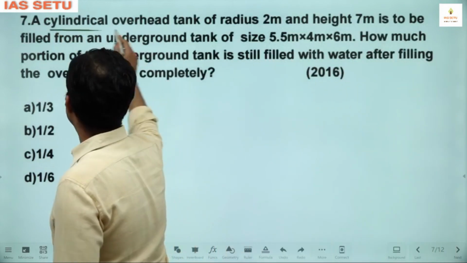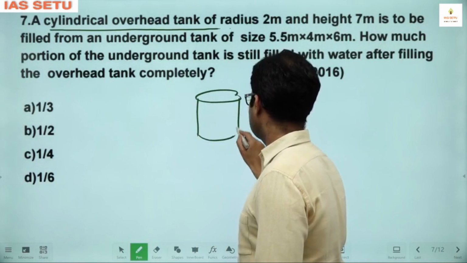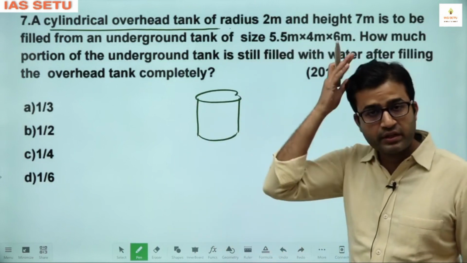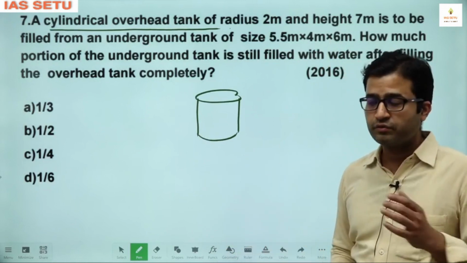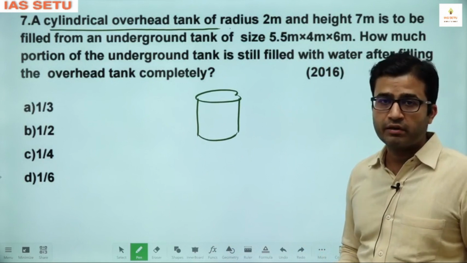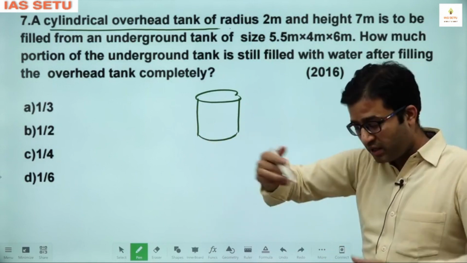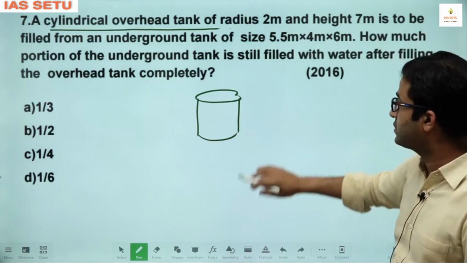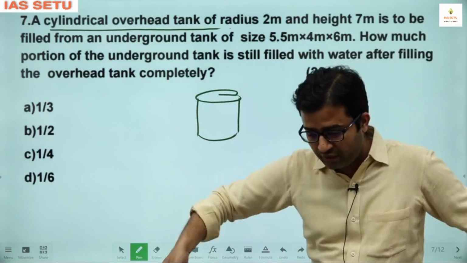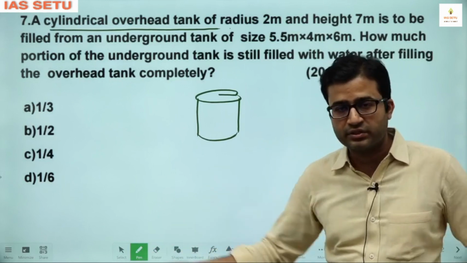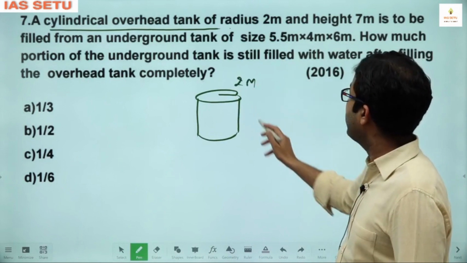Question number 7. A cylindrical overhead tank. Generally, you have seen the overhead tank in the form of a cuboid or cube. But this person is very innovative and wants something interesting on the top of the roof, so he asks the labor to make a cylindrical tank. Nowadays we have ready-made tanks of plastic, so that is cylindrical. The radius is 2 meter, the height is 7 meter,